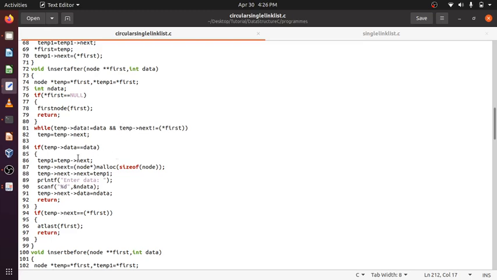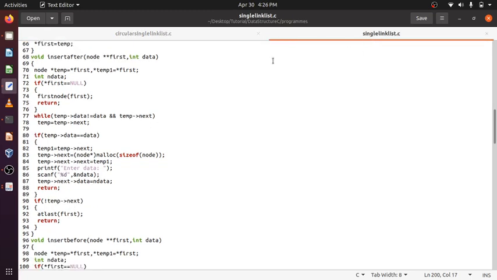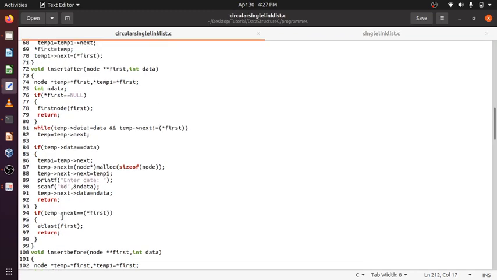If data is found at the last, if no data is found, it will be this. If suppose no data is found, temp next not equal to null, and here it means temp next not equal to first.